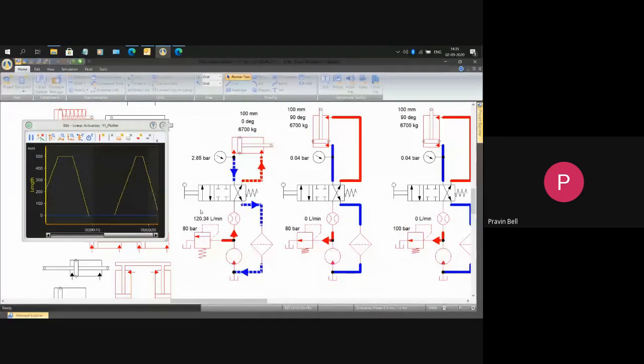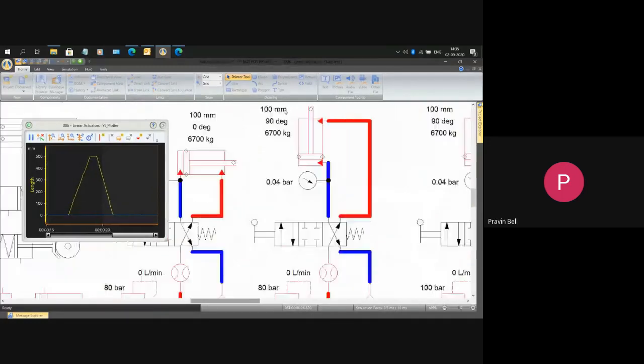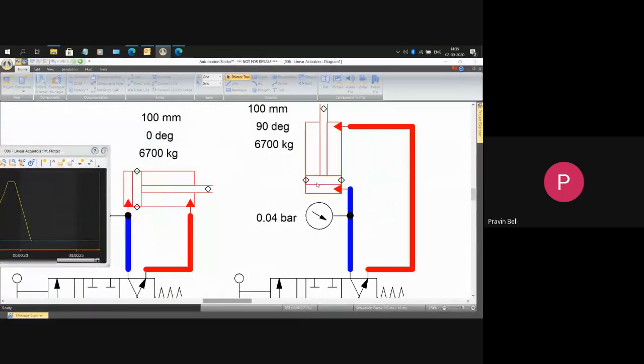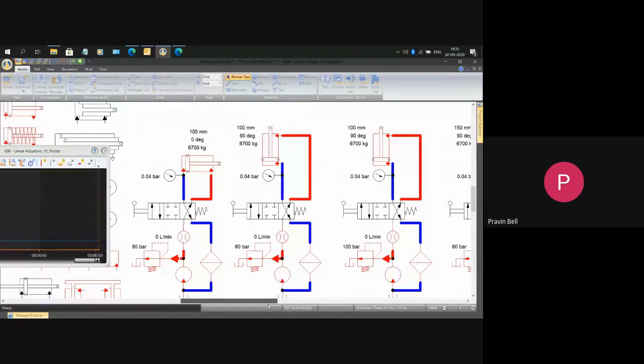But now, if I change the cylinder inclination to 90 degrees, the same condition, these two circuits are exactly the same, but in the second circuit, I have changed the inclination to 90 degrees vertical. Because of gravity and the alignment of the cylinder, you can see that at 80 bars and a vertical 90-degree inclination, the piston cannot extend. It cannot handle such a high load by doing a simple inclination of 90 degrees. So to get rid of that, now what can I do?